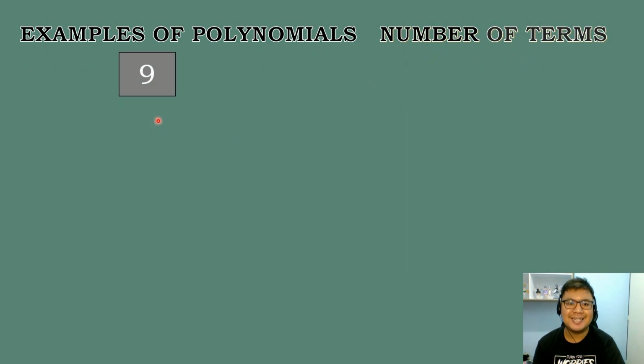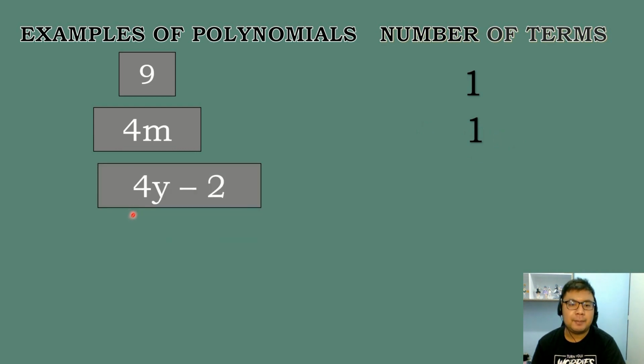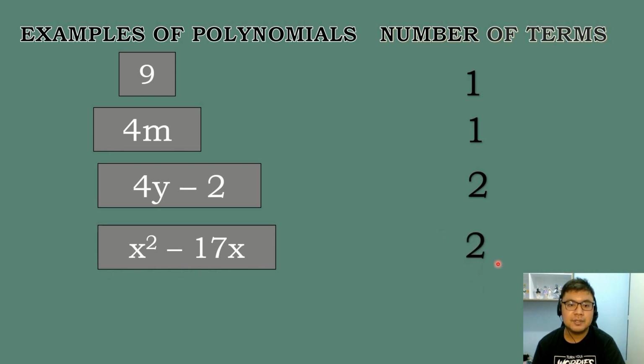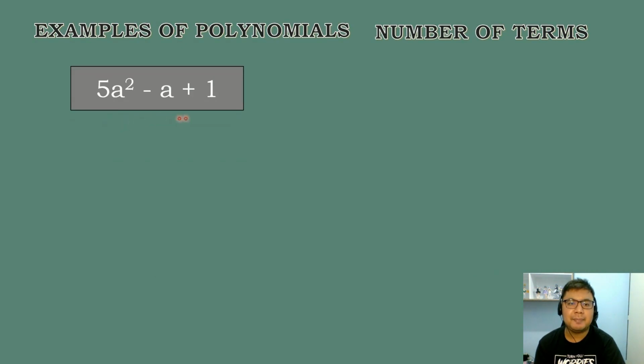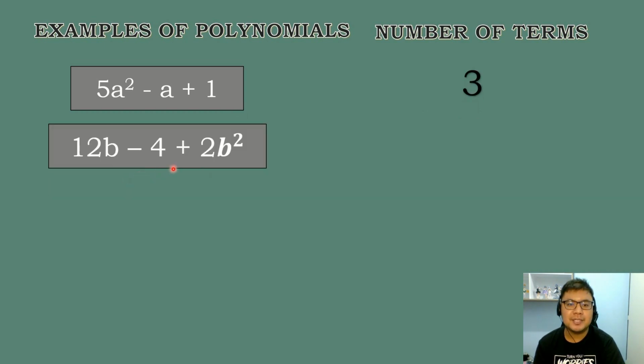First example is 9, and the number of terms is equal to 1. Second one, we have the polynomial 4m, which also has 1 term. We have an example of polynomial 4y minus 2, which has 2 terms, x squared minus 17x, which has 2 terms, 5a squared minus a plus 1, which has 3 terms, 12b minus 4 plus 2b squared has 3 terms,